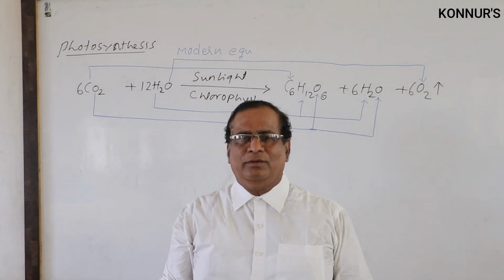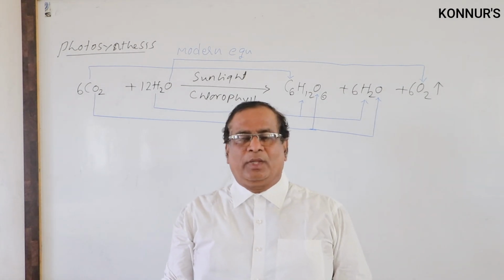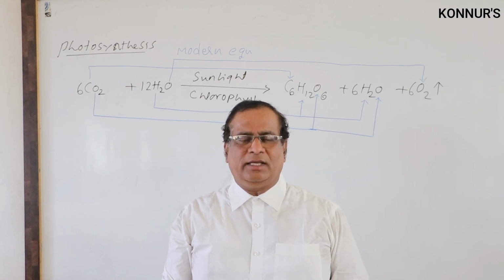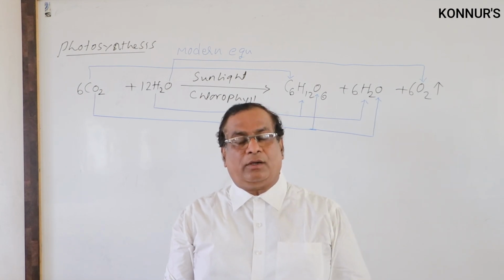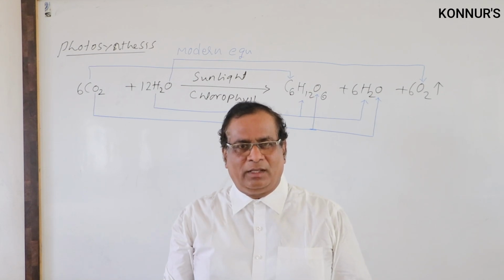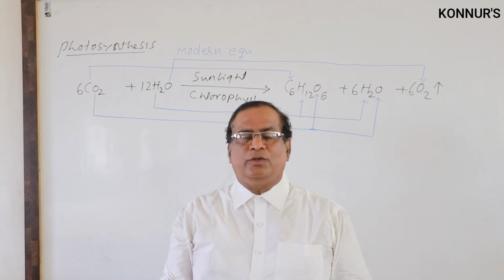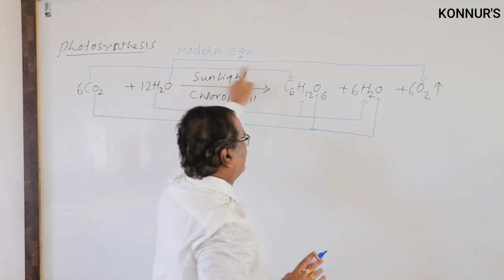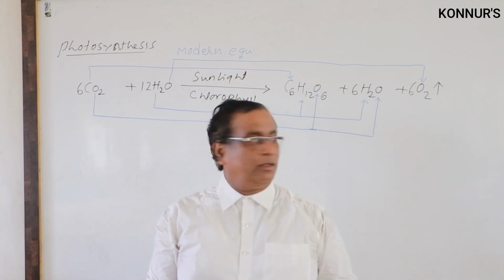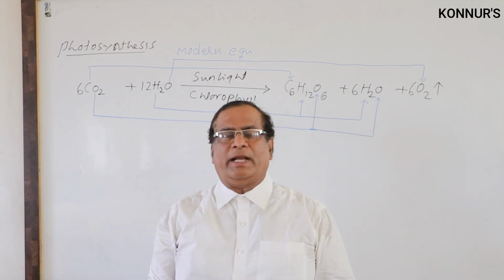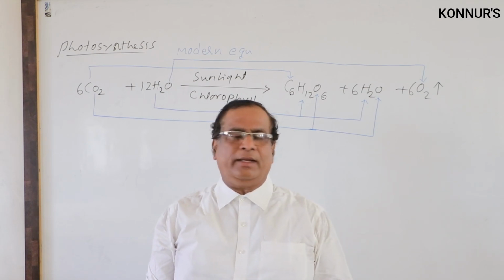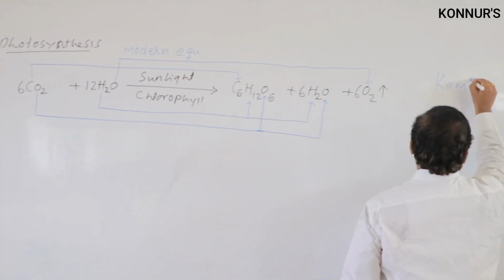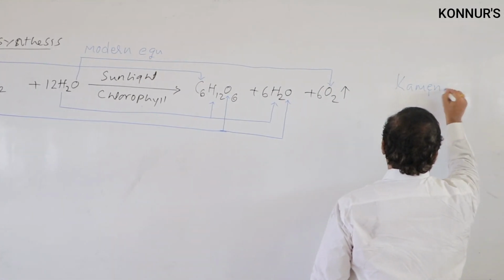By this equation, they would ask the question: the oxygen which is liberated during photosynthesis, whether it comes from water or from CO2. The oxygen which is liberated during photosynthesis comes from water. By this equation also we come to know, but actually this was proved by 2 physiologists, Ruben and Kamen,